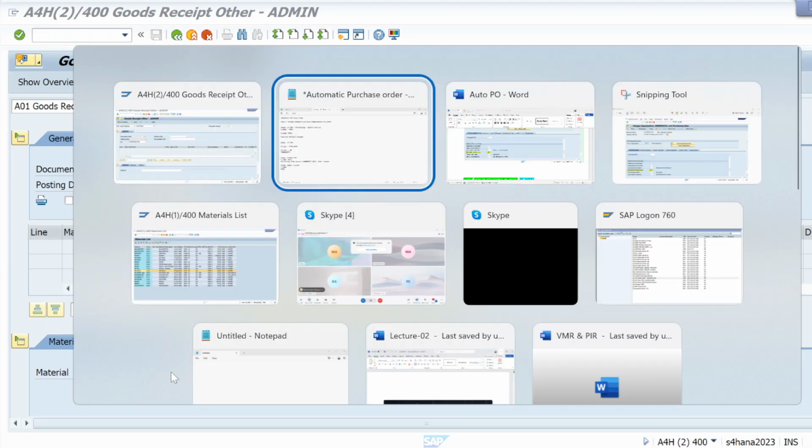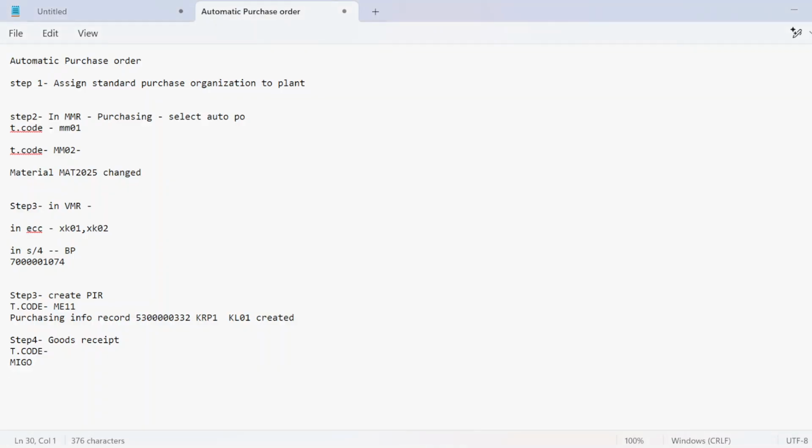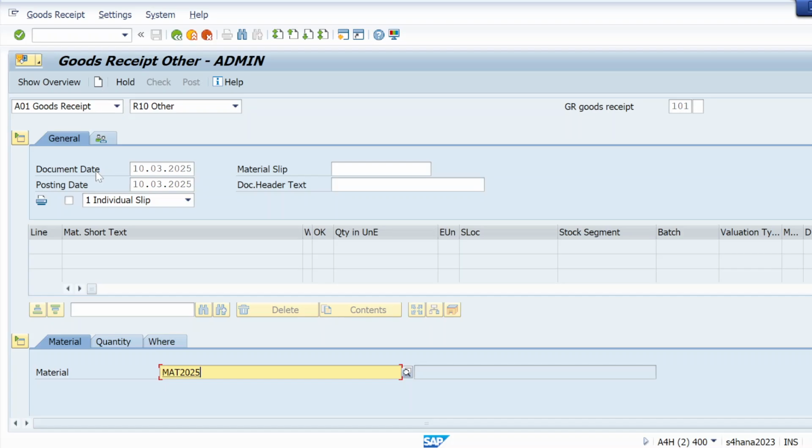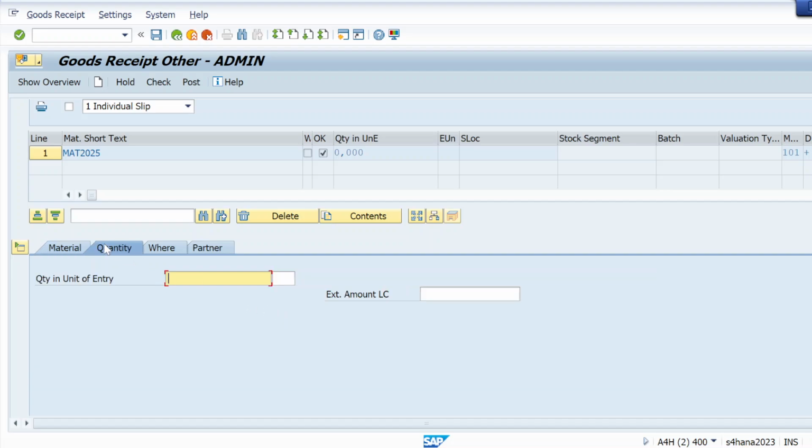So what's our material number? This one, MAT 2025. Quantity 100.